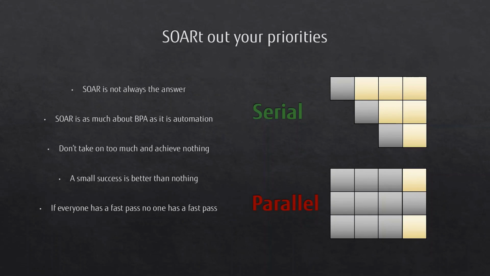And people struggle with the priority thing. It's like this concept of if everyone's got a fast pass, no one's got a fast pass, right? If everyone's coming to you and saying my thing's the highest priority, then nothing's the highest priority if everything's high priority. So you've got to be pretty strict in sorting out what your priorities are, whether that's money, MTTR, or who's asking. But make sure you do that and learn to say no to the people that are saying, I need this thing now. Because the more you take on, the faster you try and work, the slower you're going to get that success and that value.